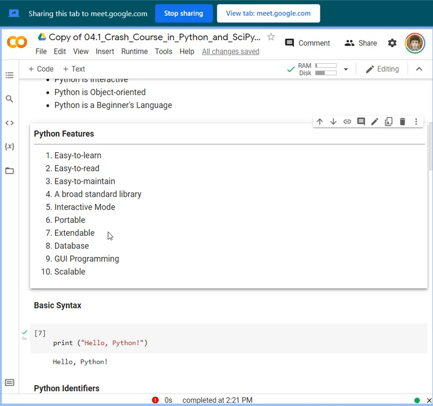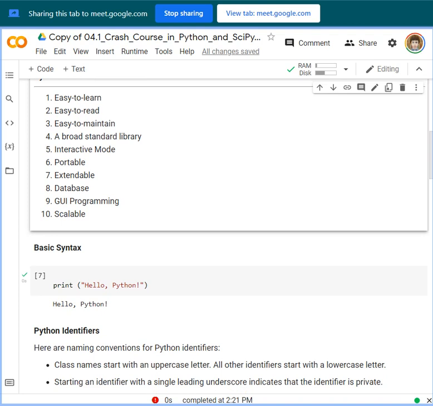This time we are using the processor, which is not local in my case, it's actually the processor on the cloud.